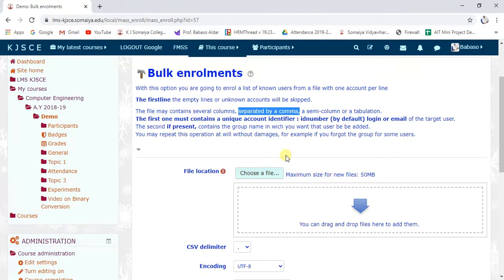But suppose any student is new, or any KT student is there and his account is not in our LMS. Then you have to forward that roll number to our LMS administrator. The LMS administrator first creates that student account, and then you can manually enroll the student. I already showed you those previous steps. You can enroll 1 or 2 students by that method. But suppose you have 60, 80, 100 students, then you follow this method.